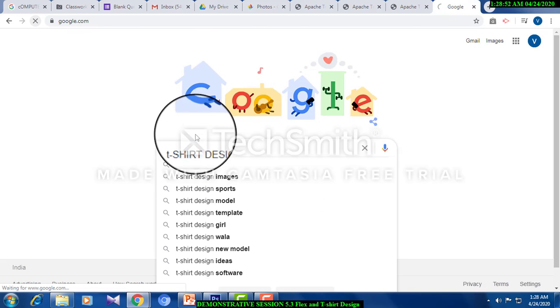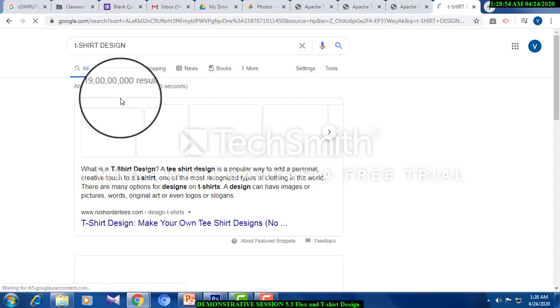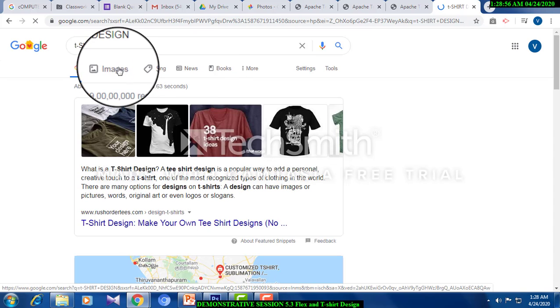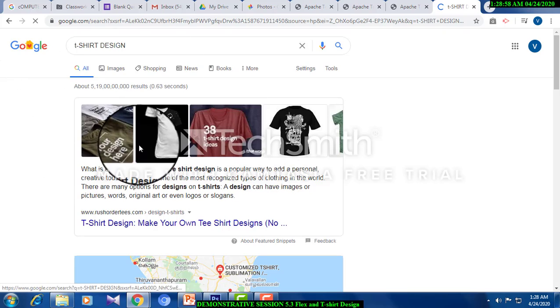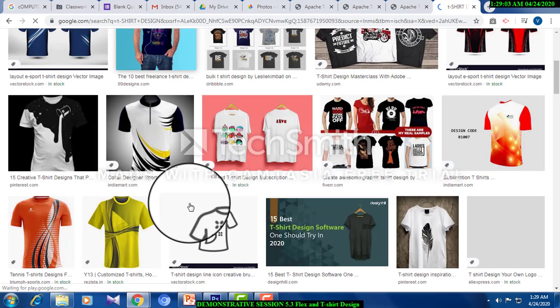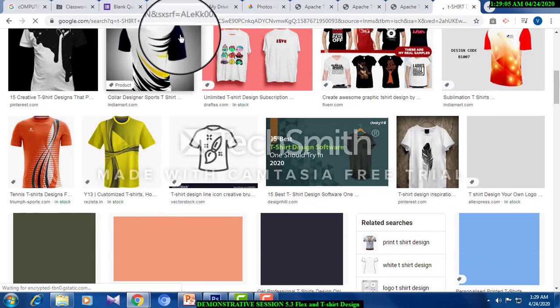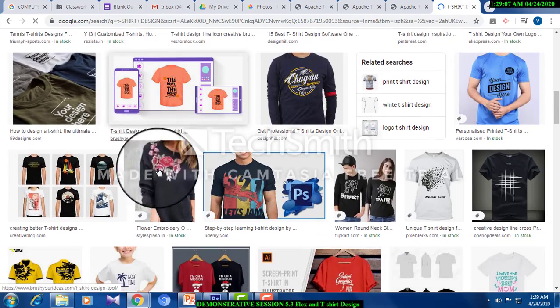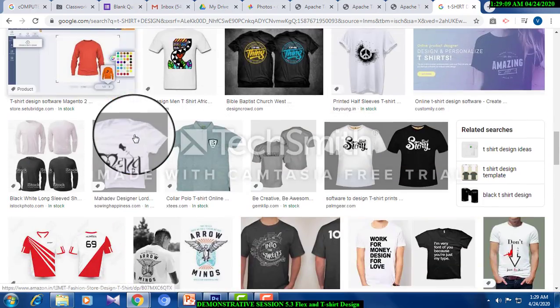See, I'm just giving a t-shirt. There are a variety of models given. Look at here, see the designs. You can have an idea about your designs.